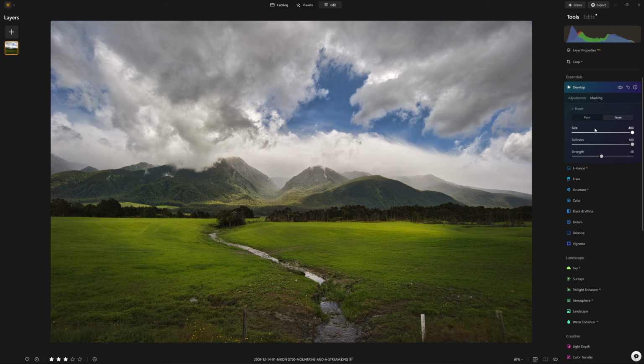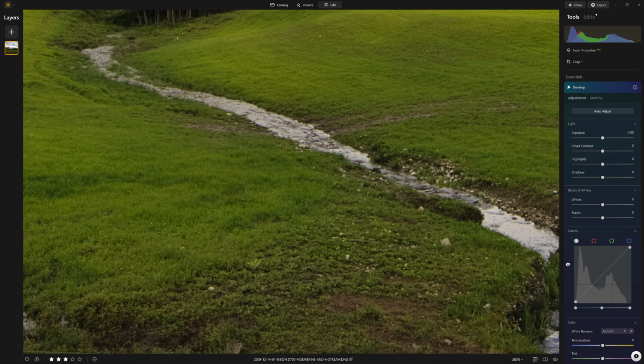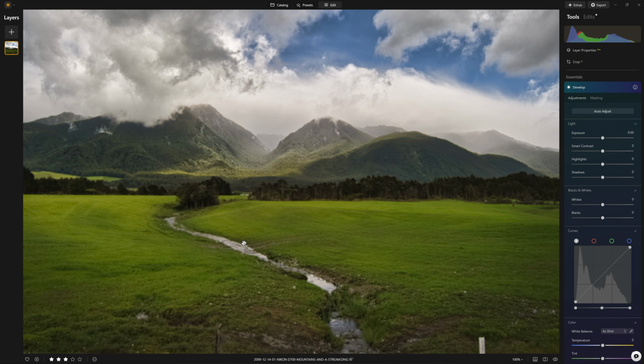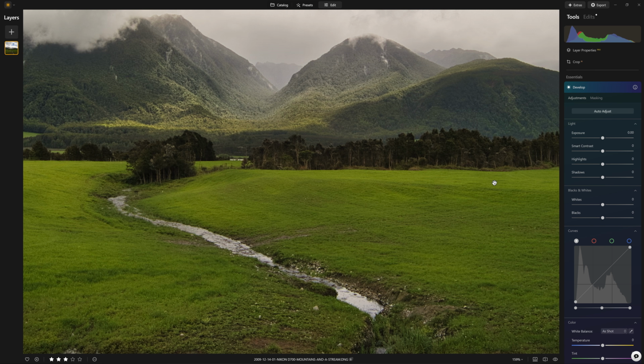I think we're just a little bit too bright off to the right hand side here. This section's just calling for too much attention, so we'll just knock that back a little bit. That's fine. Now, what about the stream? What if we wanted to really bring our viewers' attention towards this lead-in line, which really helps guide the viewer's eye in? Currently, it's a bit of a dull grey colour, so let's see if we can't intensify that using